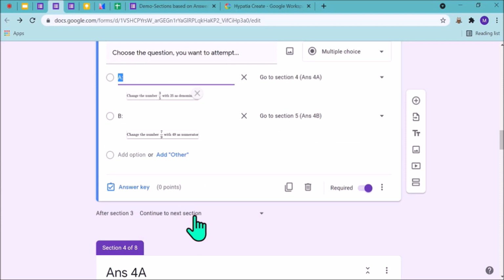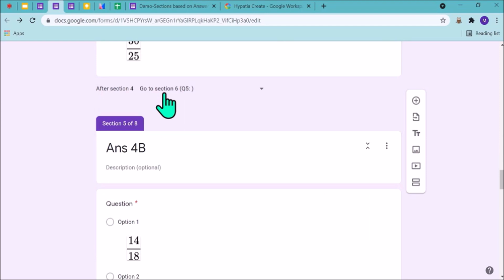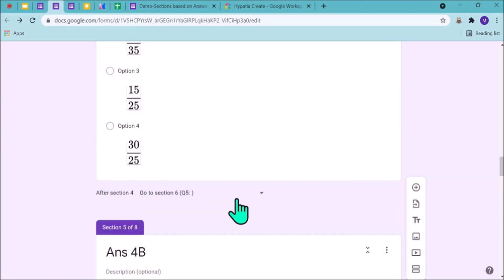For this question, they will go to this section. Correct. Suppose these 2 sections are covered. After that, I want one more question they have to attempt. I am keeping it in another section. You can see the 5th question is there. I am keeping it here. Go to section 5. I am choosing that question itself. From downwards, you are also to choose. From here, you are also to do, whether they have to submit or go to some other section.